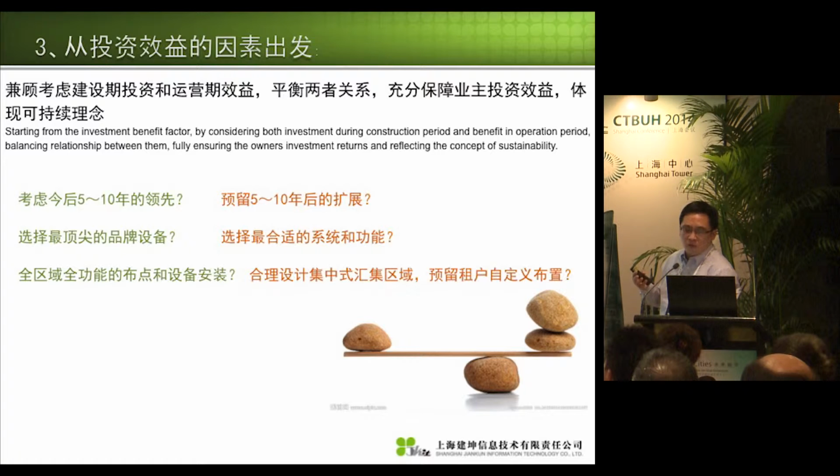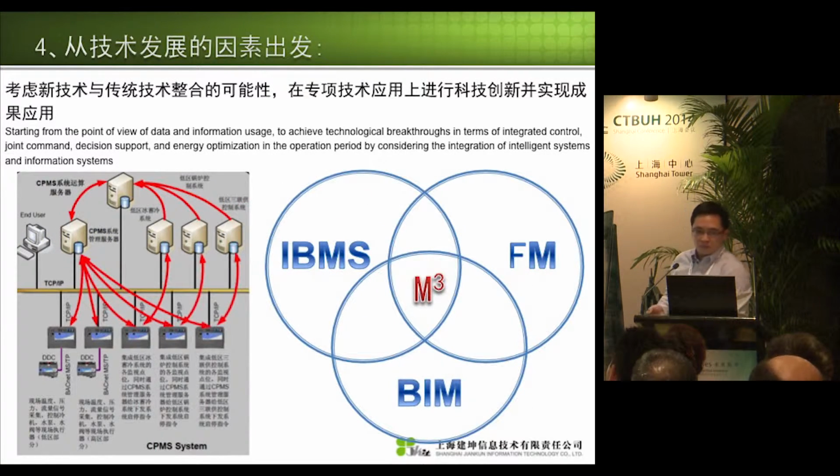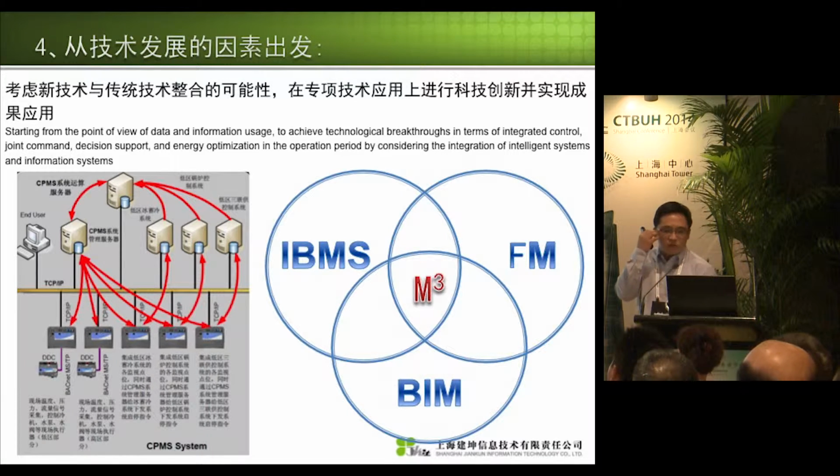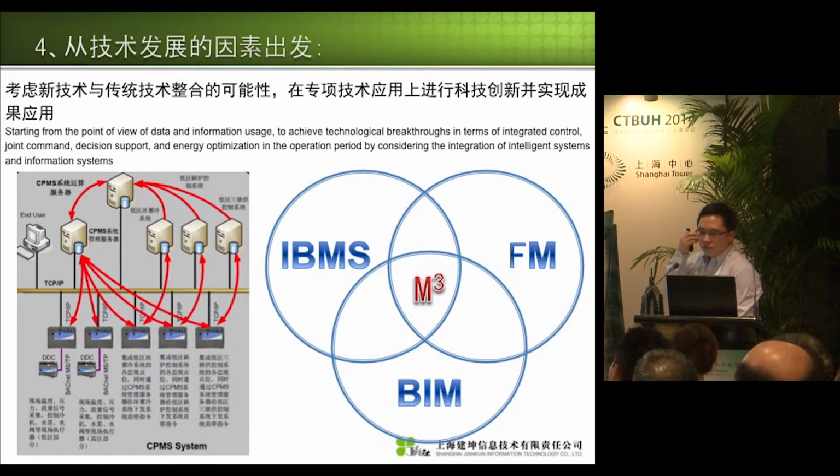So of course, this is not just an A or B choice. This is about the trade-off and in order to strike the balance. And take the Shanghai Tower's all-in-one card, for example, in order to integrate all the functionalities of consumption, door access, and the car park, etc. Yeah, in order to have the most reasonable allocation, we have used different vendors. For example, we have a very top-notch brand, but for the all-in-one card platform, we have used another brand from the